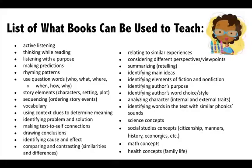Here is a list of some of the curriculum content you could teach to your students through the use of one of the books you browse during the speed dating book activity. Feel free to use this list as you write your own. Active listening, thinking while reading, listening with a purpose, making predictions, rhyming patterns, use question words, who, what, where, when, how, story elements like character, setting, plot, sequencing, ordering story events, vocabulary, using context clues to determine meaning, identifying the problem and solution, making text to self connections, drawing conclusions, identifying cause and effect, comparing and contrasting similarities and differences,